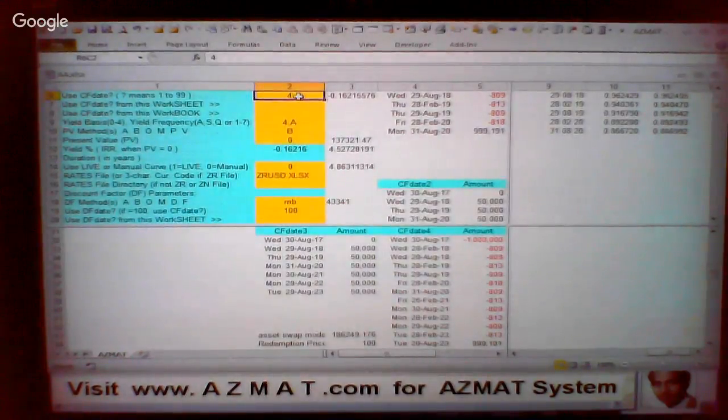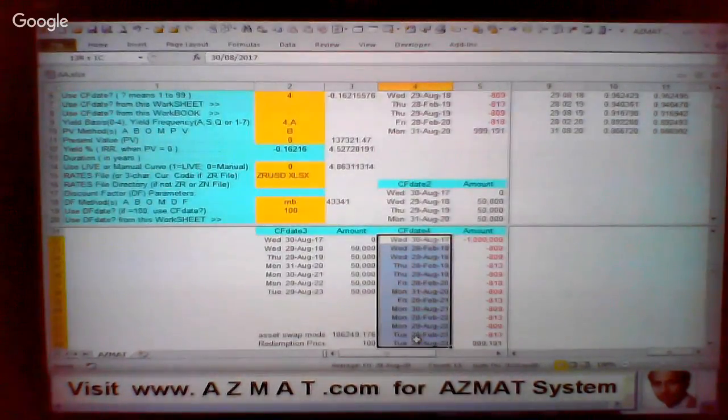So 4 there means use CF date 4, to generate the discount factors for these dates. The quickest way of telling the AZMAT system is putting 100 there and the CF date number 4 there, and the results will be placed